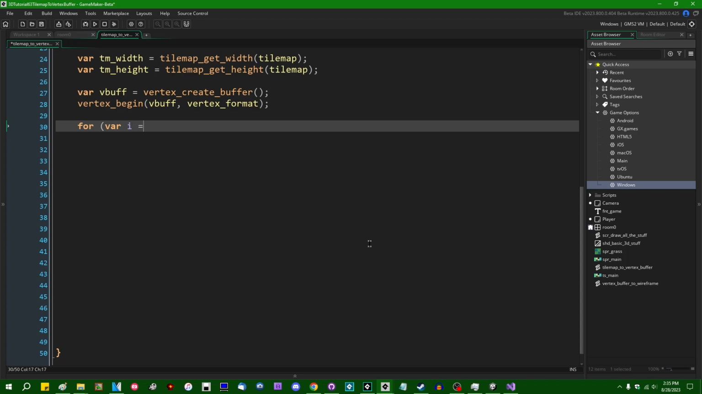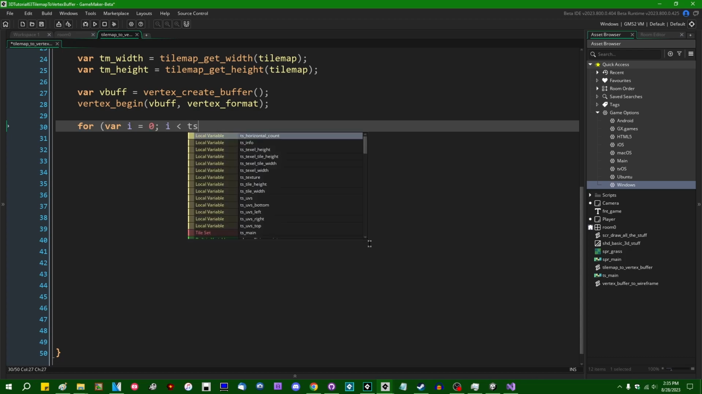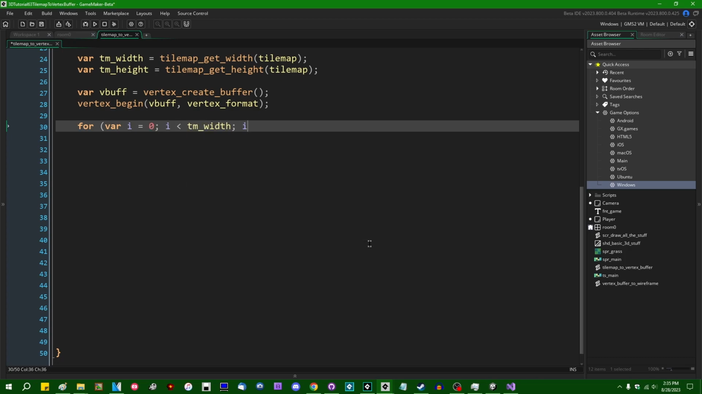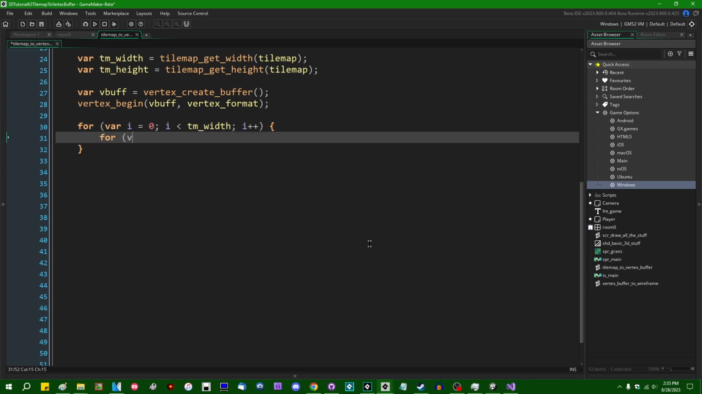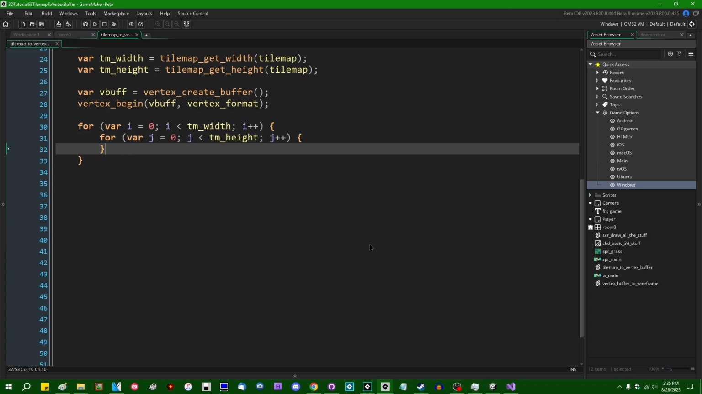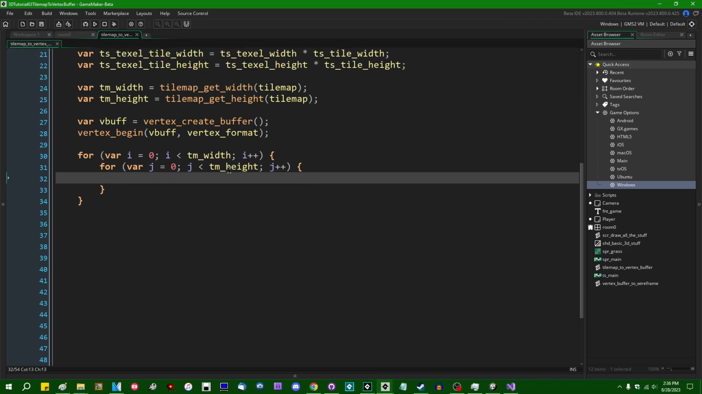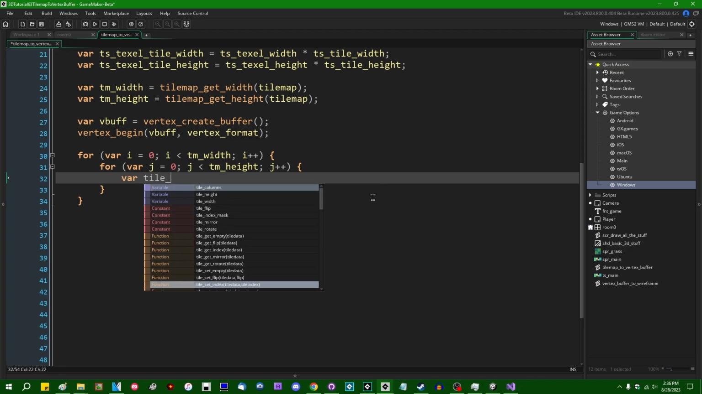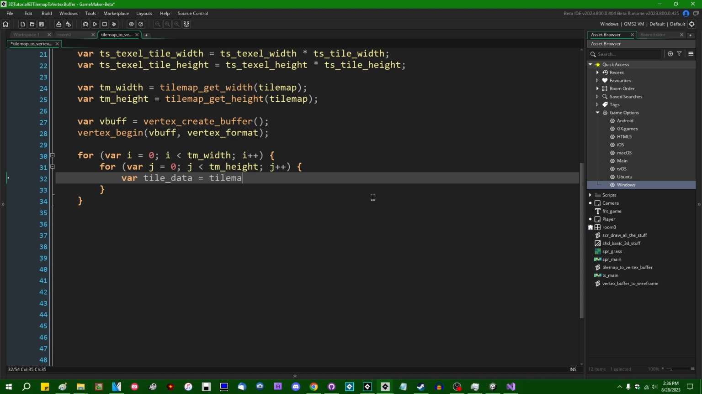So for var i equals 0, i is less than tm_width, i plus plus. For var j equals 0, j is less than tm_height, j plus plus. And this is going to be for each tile in the tile map. We're going to do something with it. So firstly, I can say var, let's call it tile data, is going to be tile map get, and this is going to be a little bit of data